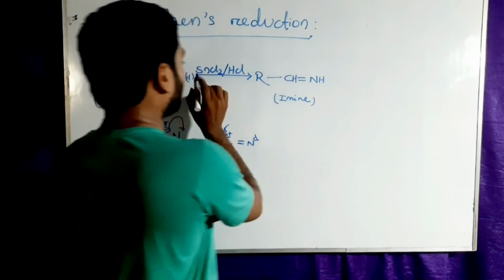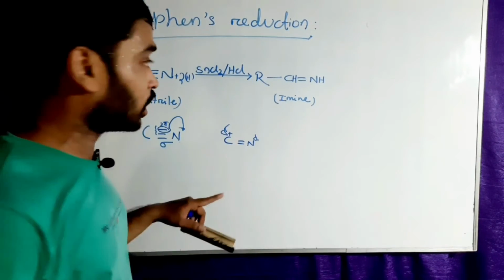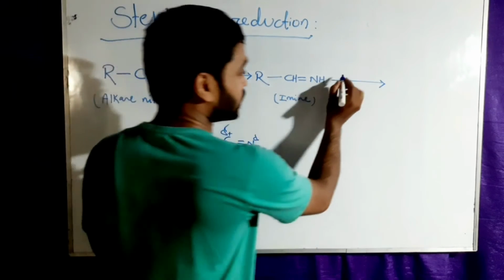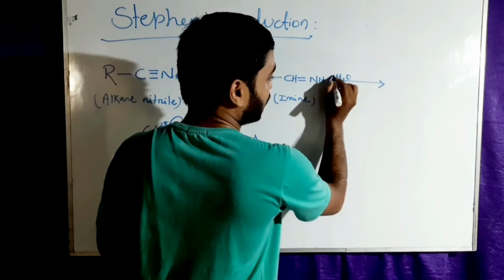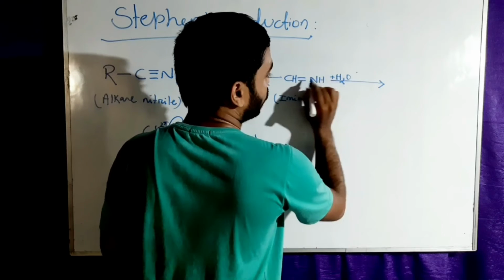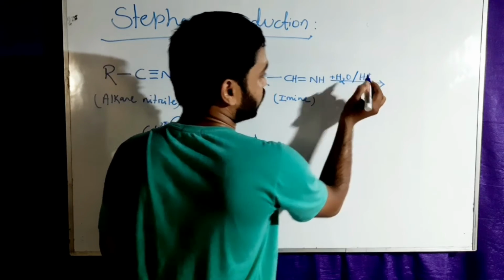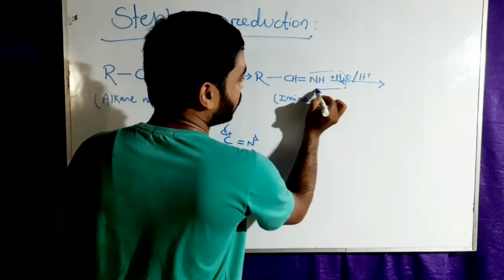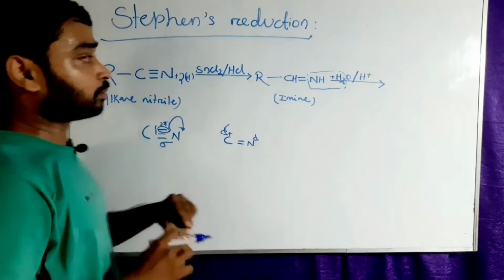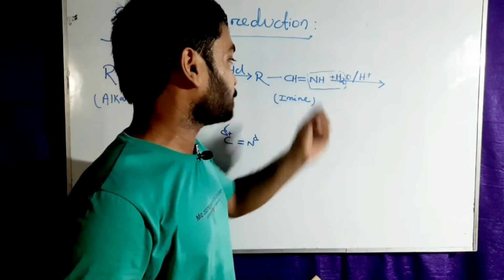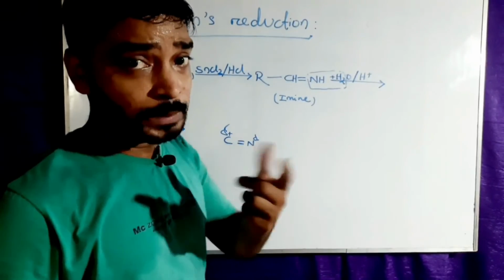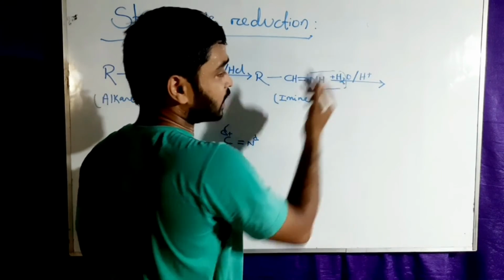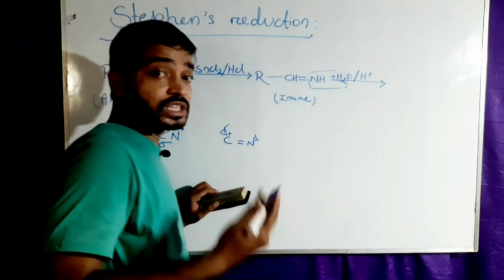the imine, what will happen? I have told the two-step reaction will occur, and after that it will undergo acid hydrolysis. Upon acid hydrolysis, what will happen? The water part will dissociate the molecule, and the acid part will act as catalyst here. The two hydrogens of the water will combine with this part. For your better understanding, I am rotating this part, but in the mechanism something different occurs, which we will learn later. So NH and H2 will result in the formation of NH3, which is the basic part here, and will